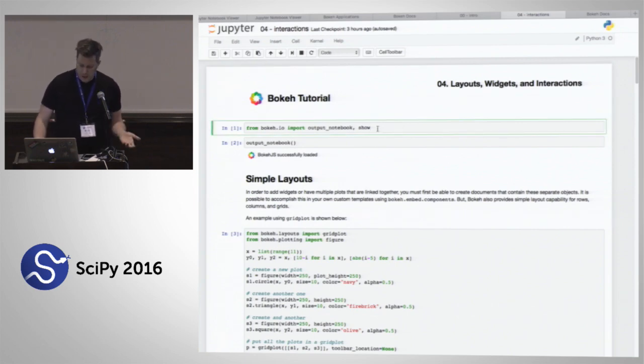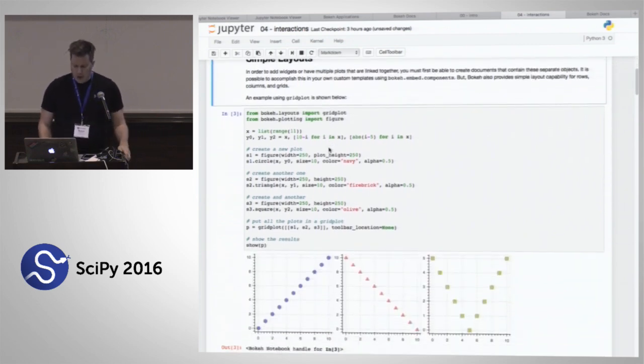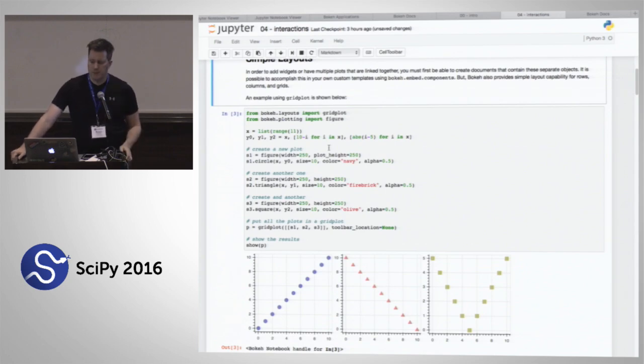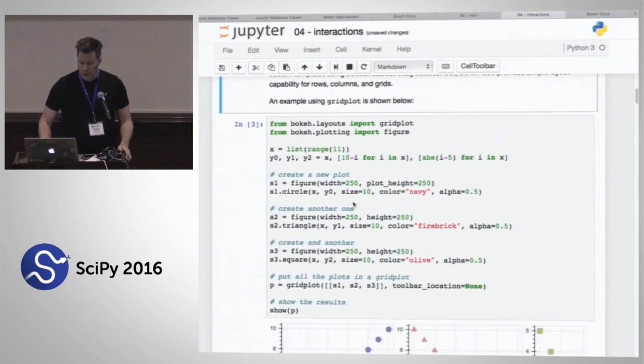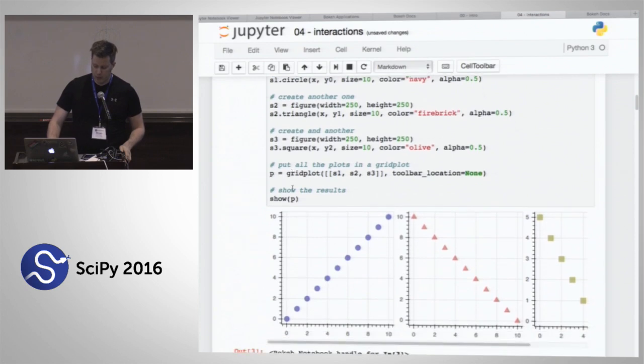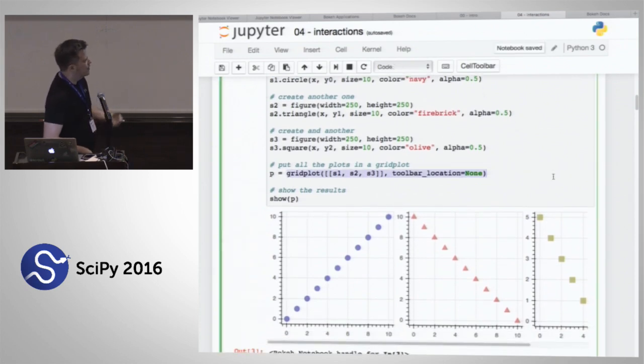So again, standard imports here, bokeh.io import show. We call output notebook because we want to see things in the notebook. The first kind of thing we might want to do is a grid plot. So if we look at bokeh.layouts as the new module, from bokeh.layouts import gridplot. We can create several plots now. In this cell, I've created s1, s2, s3. These are different figures. One of them has a circle, one has a triangle, one has a square. And then I can call gridplot, and I can just give it this nested list